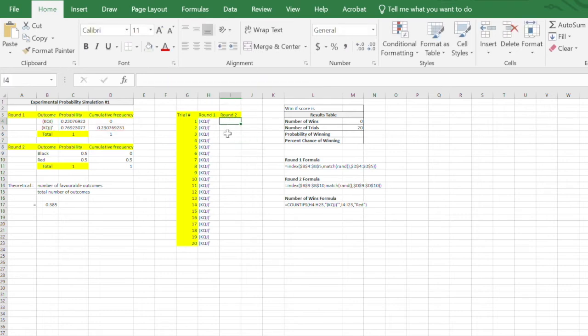Okay, now you'll notice when I click out of it, it changes. These results are going to keep changing. So I did say that we need to lock those down, but let's lock them down once we've got our round two results finished. And round two is done exactly the same way. We write equals index bracket. We highlight our outcomes for round two. So black or red, remembering as always to put in our dollar signs,